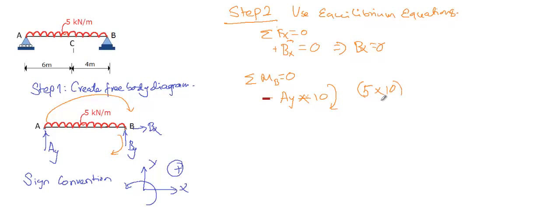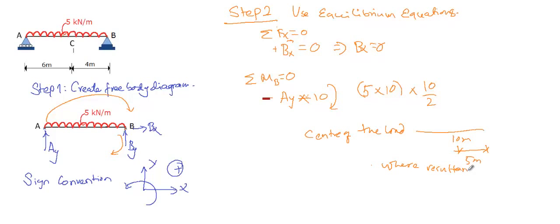Then the load, which is 5 kN per meter for the distance of 10 meter, that is total load, times the point of action. Point of action is always half of the distance, so which is 10 divided by 2. So point of action is always the center of the load for the uniformly distributed load. So half of 10 is 5 meter. So that is the point where the resultant acts,